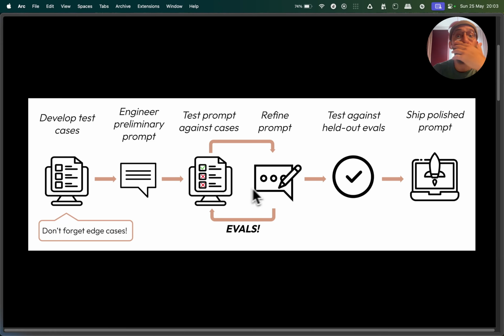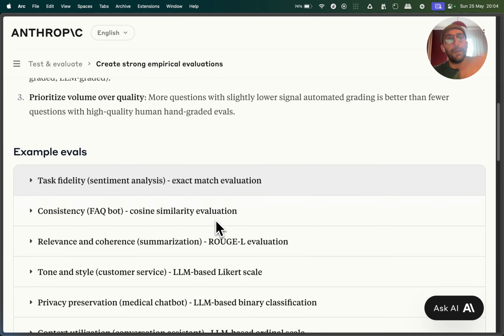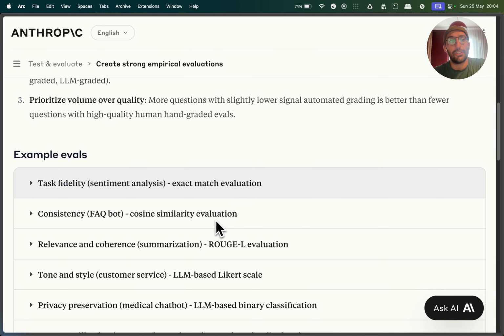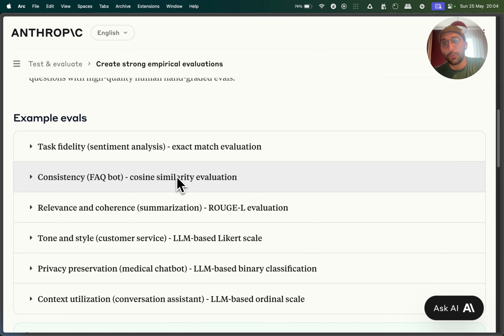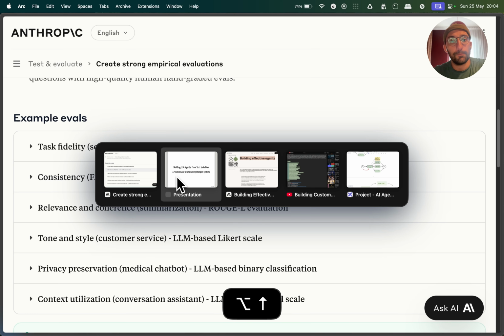So these are the evals, and then we test against evals that we don't usually test during this process of refining the prompt. And this idea is just to see if the prompt that we reach here generalizes to examples that it hasn't seen before. This is one simple example to evaluate prompts, but there's a bunch of other scenarios for more specific situations, and they do show a bunch of other examples. So it's a really cool article to check out if you want.